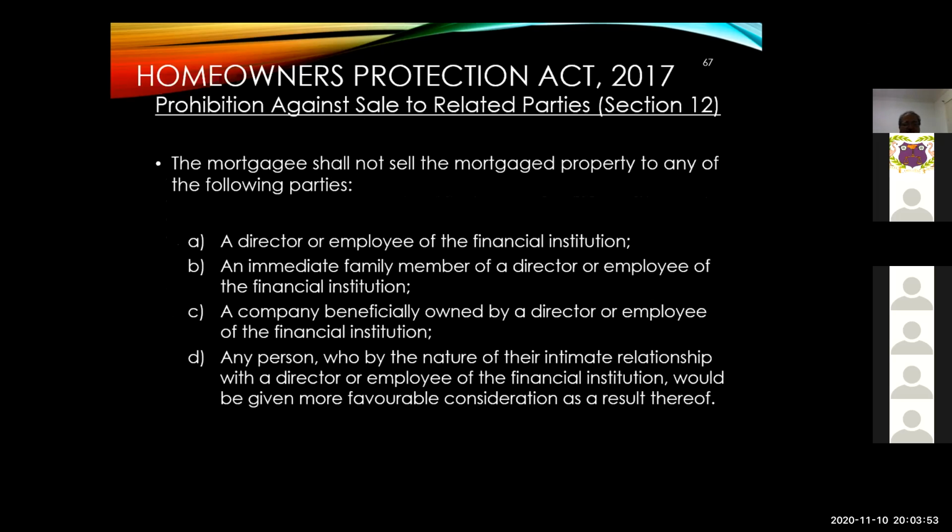And again, we touched on this last class. The mortgagee shall not sell the mortgaged property to any of the following parties: a director or employee of the financial institution, an immediate family member of a director or employee of the financial institution, a company beneficially owned by a director or employee of the financial institution, or any person who, by the nature of their intimate relationship with a director or employee of the financial institution, would be given more favorable consideration as a result of that relationship. Okay, so